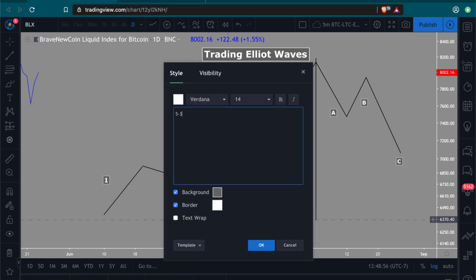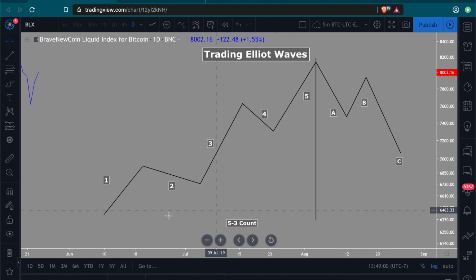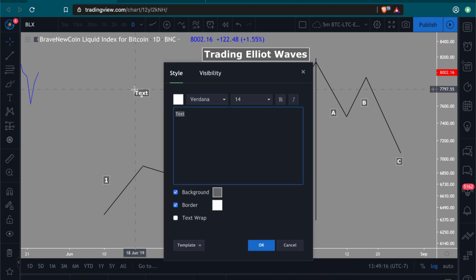And so this essentially makes up the entire 5-3 wave count, they call it. It's called the 5-3 count. The 5-3 count is 5 waves up, 3 waves down. And the interesting thing about this is you can actually apply this to any time frame. So Ralph Nelson Elliott named things in different cycles.